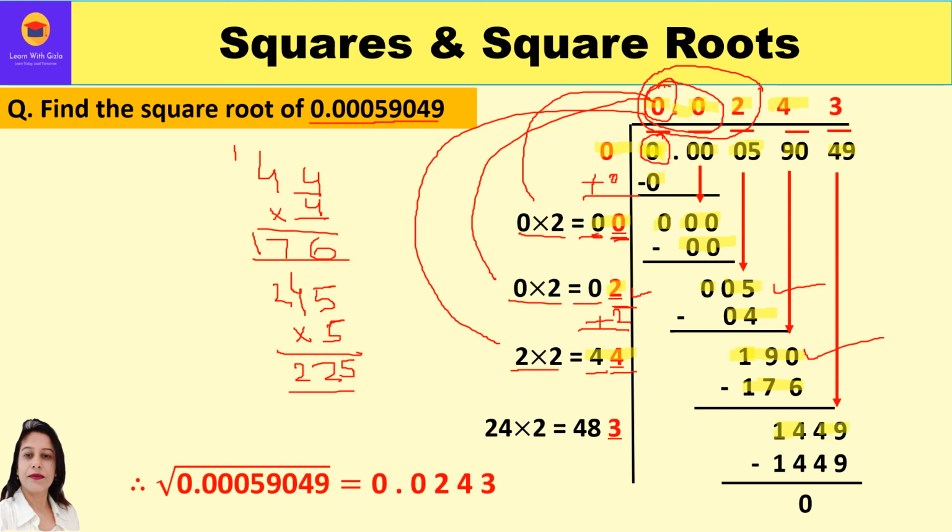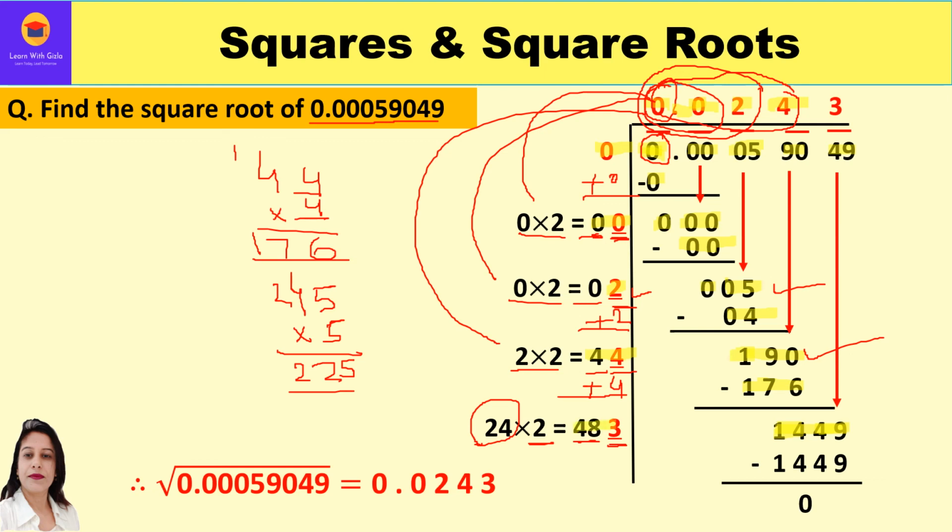Now bring down the next period, 49. Now this is the new dividend. 1449 is the new dividend. Now further to get a divisor, what you can do is, because the new quotient 4 we had added, you can just put 4 over here. 44 plus 4 you will get 48. Or another way is, now you have 24 over here, right? 0024 is actually 24. So that way also you can just double it and get 48. Anyhow you can do. Then multiply by 3 because 3 is the suitable number.